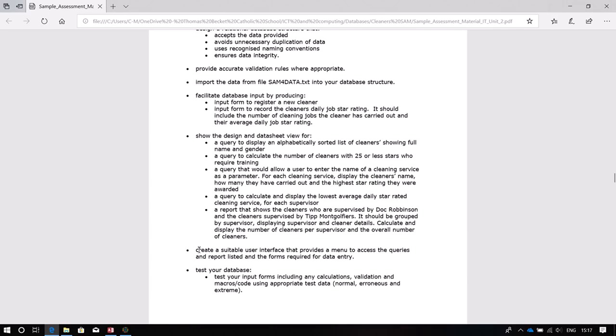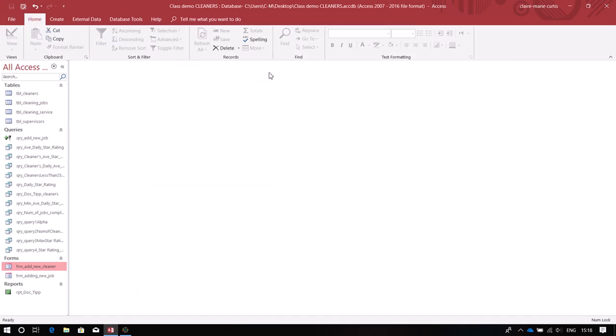Yeah, we're going to deal with creating a suitable user interface that provides a menu to access the queries and report listed and the forms required for data entry, which basically means everything that you have done so far, the input form, this input form, all of the 4 queries and the reports need to show on a main menu. Okay, so